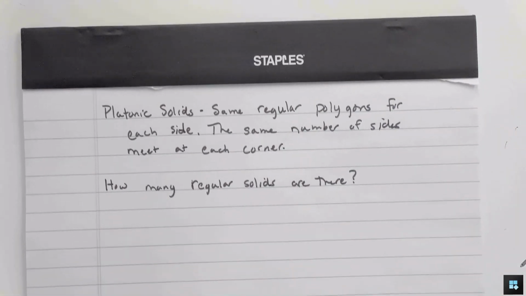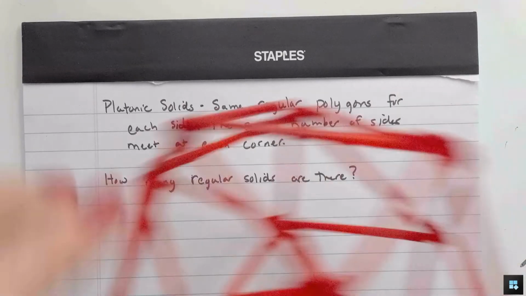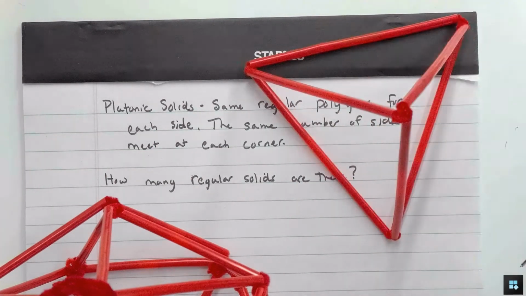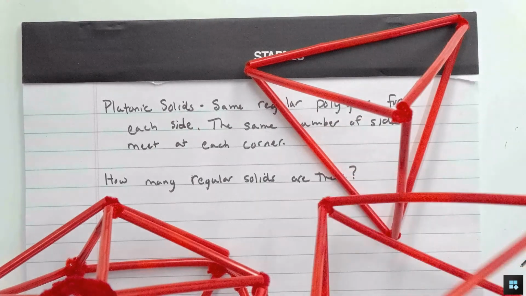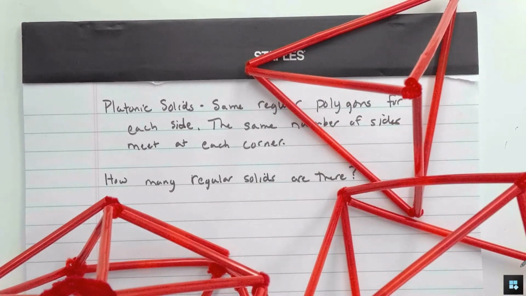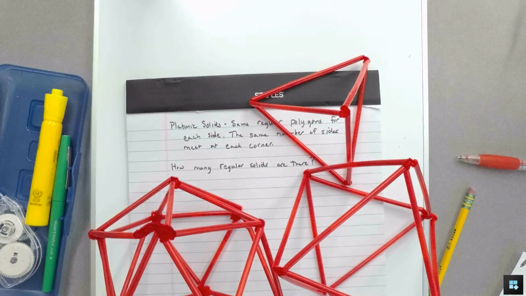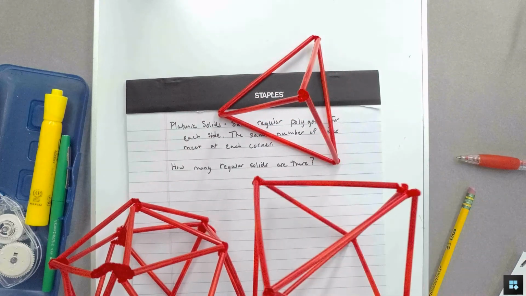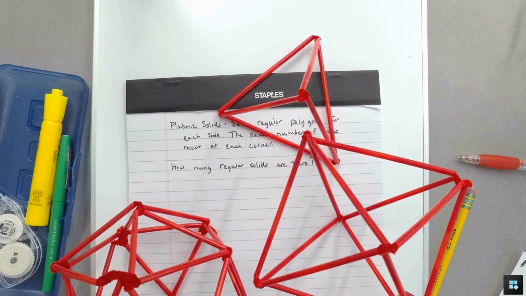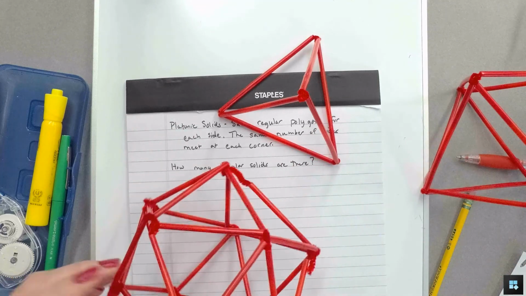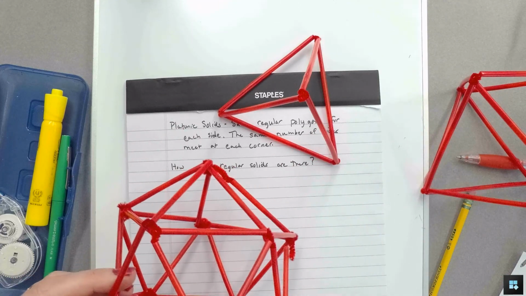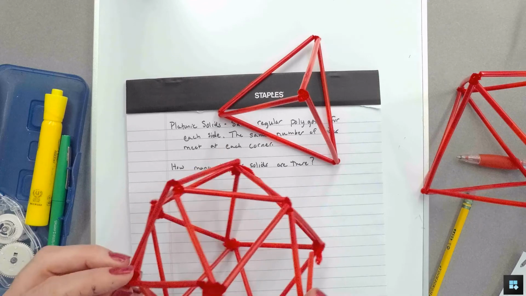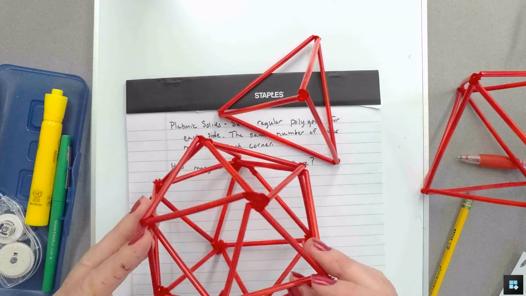For example, you made 3 Platonic solids that have triangles for their faces. One had 3 triangles meeting at each corner. One had 4 triangles meeting at each corner. One had 5 triangles meeting at each corner, and they'd have to be equilateral triangles so that they're regular polygons,